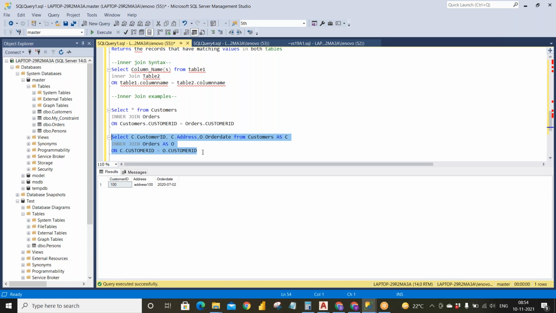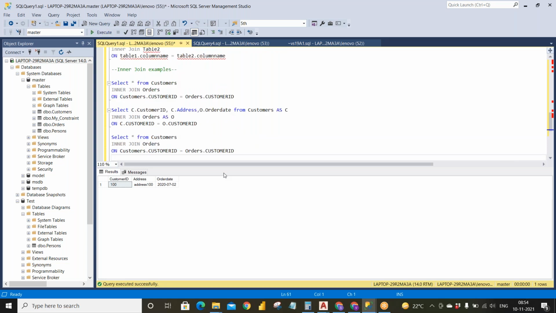Okay. And also we can specify in this way. If you say star, it will give the data from the customers and orders tables both, right?